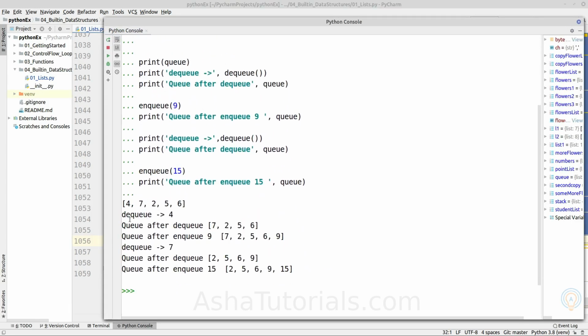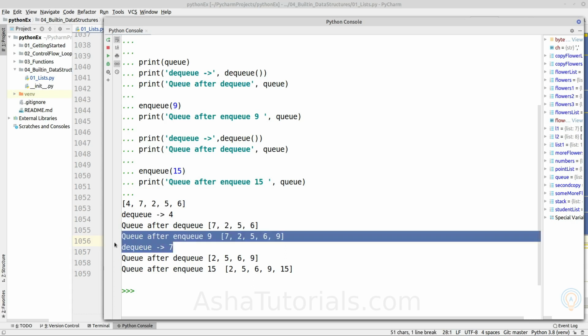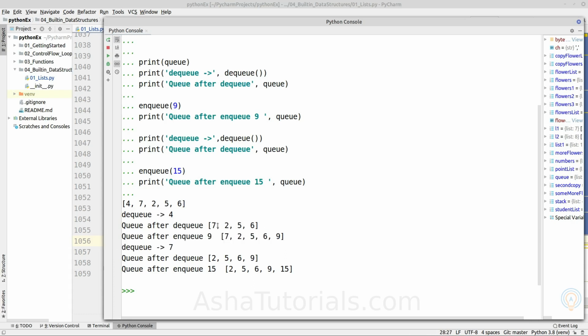As we can see, dequeuing removes from the front. This is the list after it, and if we add any new element, it will be appended to the end of the list. Again, dequeue will remove from the front of the list, and enqueuing will append the given element to the end of the list.